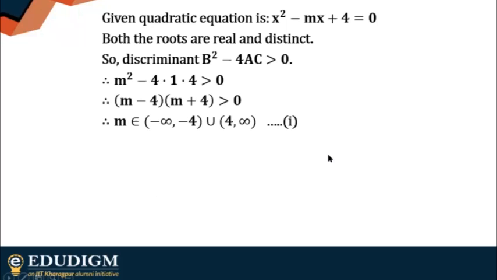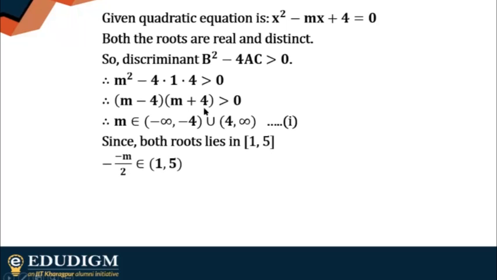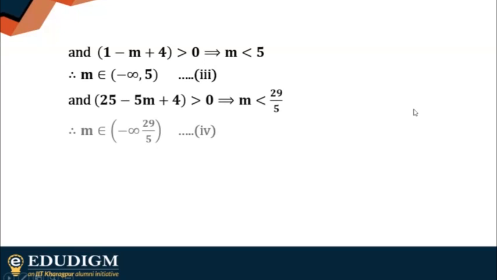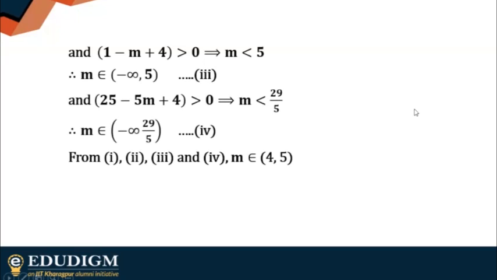Now, based on this one, sometimes you can just get rid of some options, etc. But otherwise, if the options are pretty close, you have to use one more thing, that is the roots lying between 1 and 5. You already know how these things are. First of all, this minus b by 2a will lie between these two numbers, and so you will get another inequality. This is a general method. If you have any problem with the general method, let me know. Otherwise, you can always just check the options, or if it's very intuitive, you can save a lot of time. And also this f of whatever numbers are there here, it's 1 and 5, it will have the same sign as a. So you can club these inequalities together to get the answers.